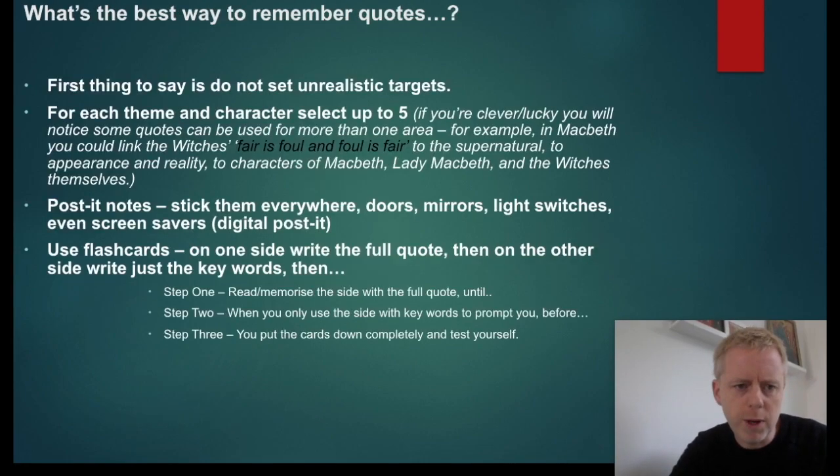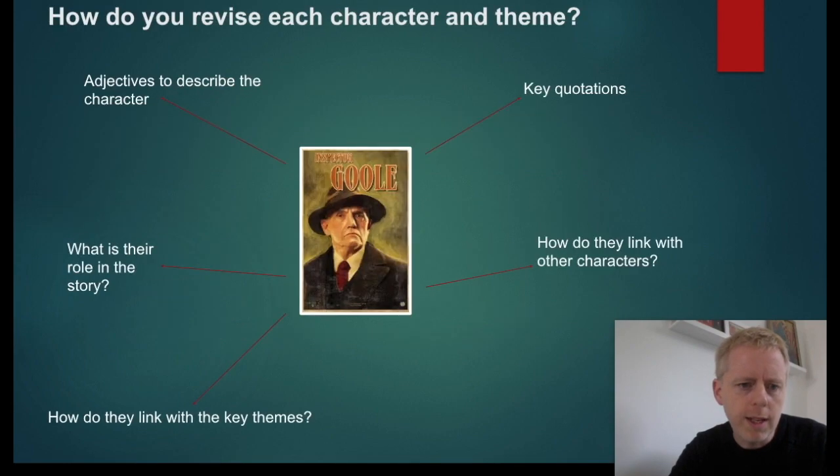I don't know if I've got explode a quotation on. So you could do the same thing. You could write a quotation in the middle of the page, and then you could link that to theme and character and plot development and so on, and context if necessary. Okay, so that's a few bits of advice in terms of how you can revise for character and theme,